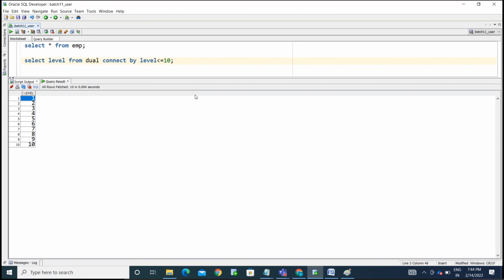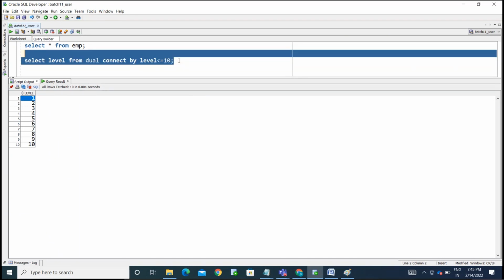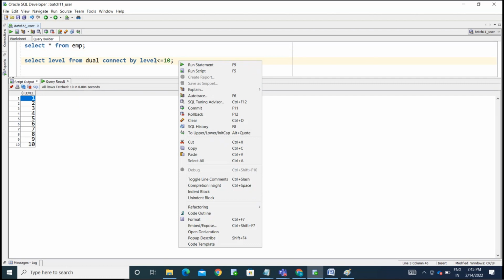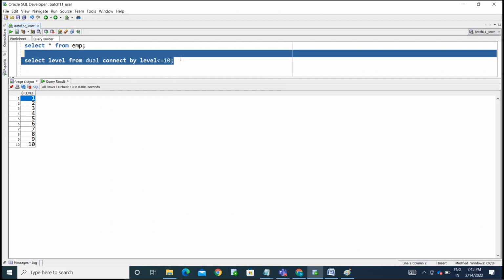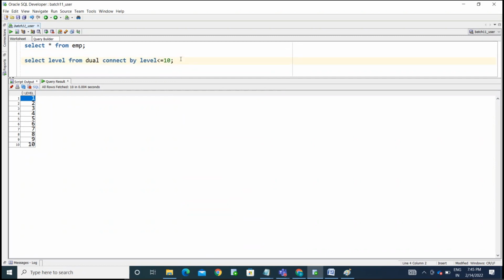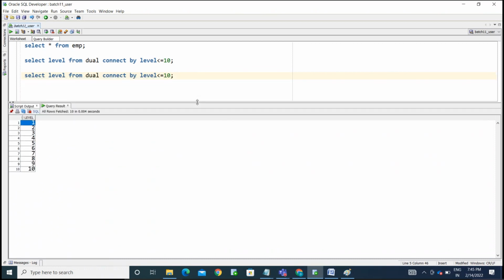Okay, so you may get the situation of how to print the 1 to 10 numbers using a simple select query. So in this situation, try to use that level with the connect by clause. Okay, so now you may get another situation like how to display,